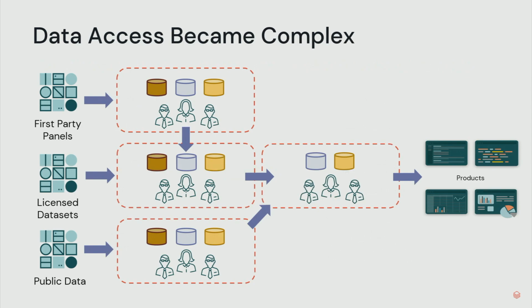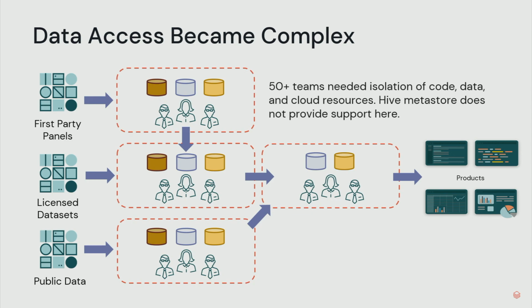The first problem is we started to realize that data access becomes really complex when you're large. So that kind of 300 body of data analysts is really organized across 50 sub-teams. Each one of these boxes, you can imagine, is one of those teams. And for each of those teams, we started to have to create isolation of code, data, and cloud resources. We kind of went from that lean, small startup to having to be a little bit more mature in our data access. And the problem here is Hive Metastore, which we were using to organize our data, didn't really give us much support in terms of